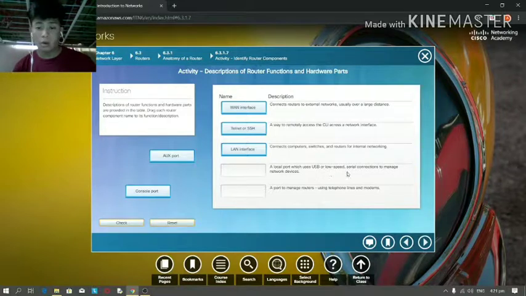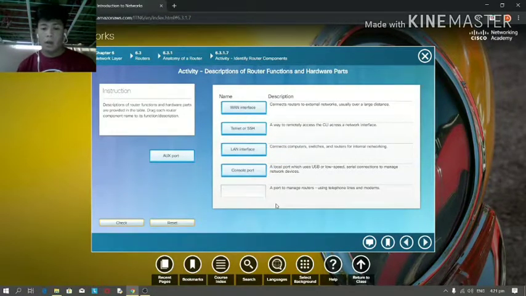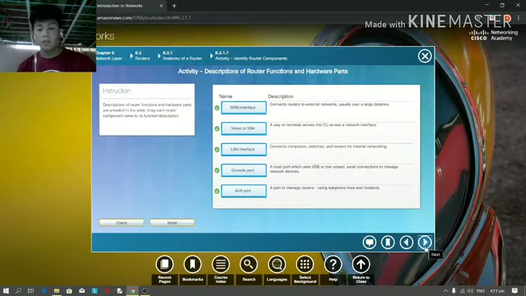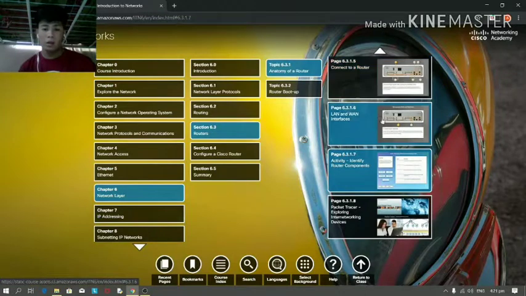Next description: a local port that uses USB or low-speed serial connection to manage network devices. Console port. A port to manage routers using telephone line and modems. AUX port. Let's check it. That's all. This activity is all correct. Proceed to the next activity, and the last activity is